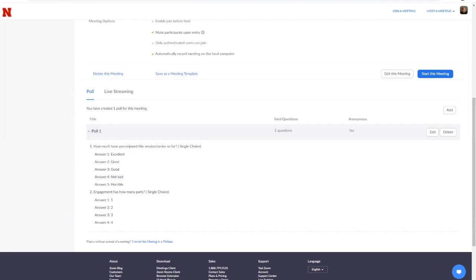So I'm going to be really critical on Zoom polls right now. The only real pro is that it's within the system. So if you have attendees that are mostly logging in from their phone, it helps to minimize switching back and forth between different programs. It's a pop-up that happens right in Zoom. So you can see how long it takes people to fill out to see if they're actually there. Might not be the best thing if they're not actually there, right?